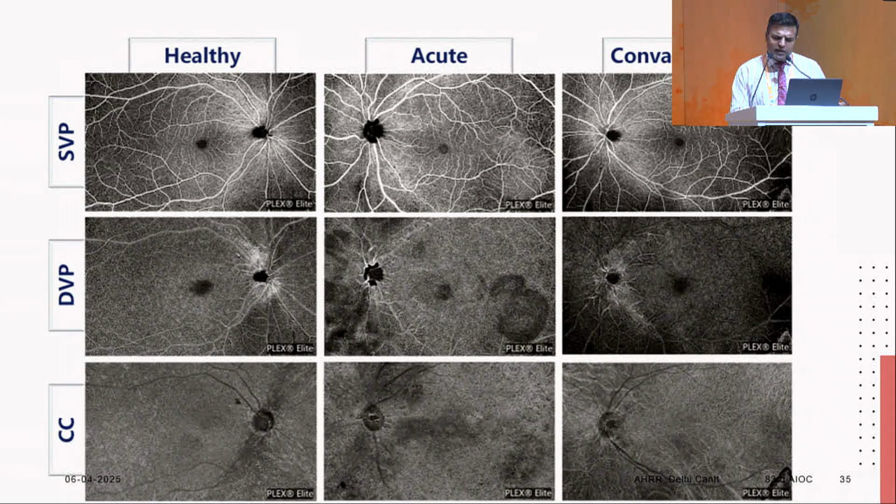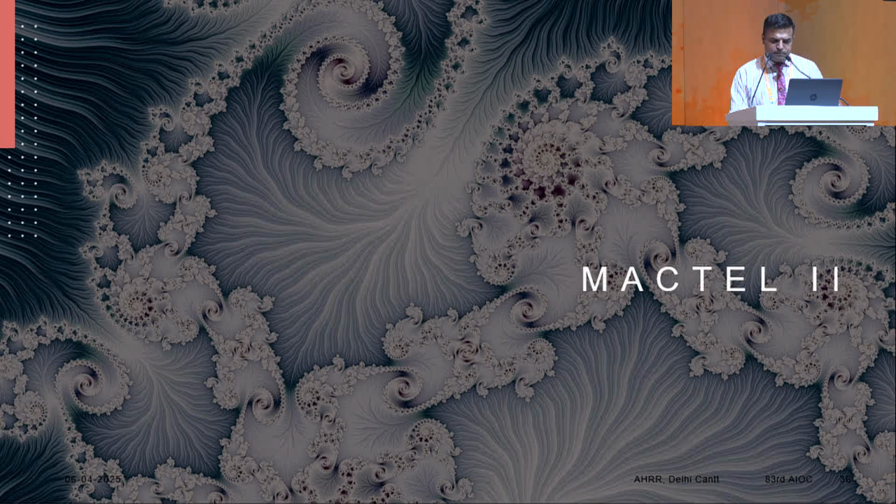systems for Vogt-Koyanagi-Harada based on OCT angiography images. The presence of flow void areas in the choriocapillaris segment or the deep capillary plexus segment tends to correlate with active disease, compared to a convalescent disease where the earliest sign is the disappearance of these flow void areas in the choriocapillaris segment.